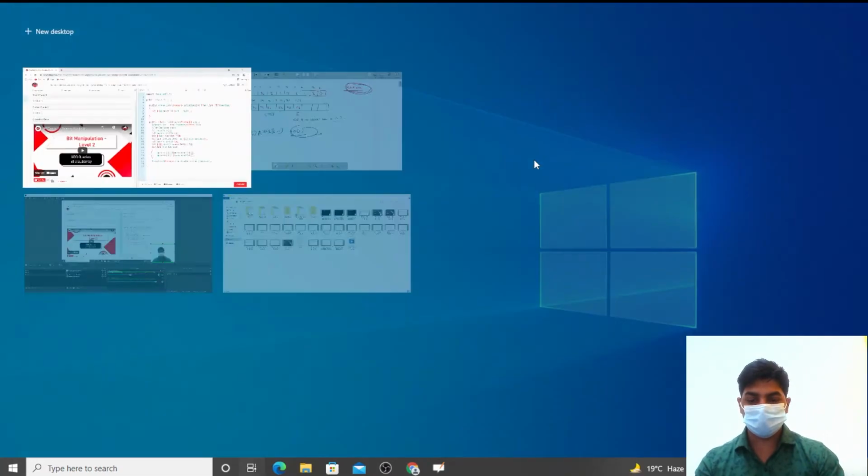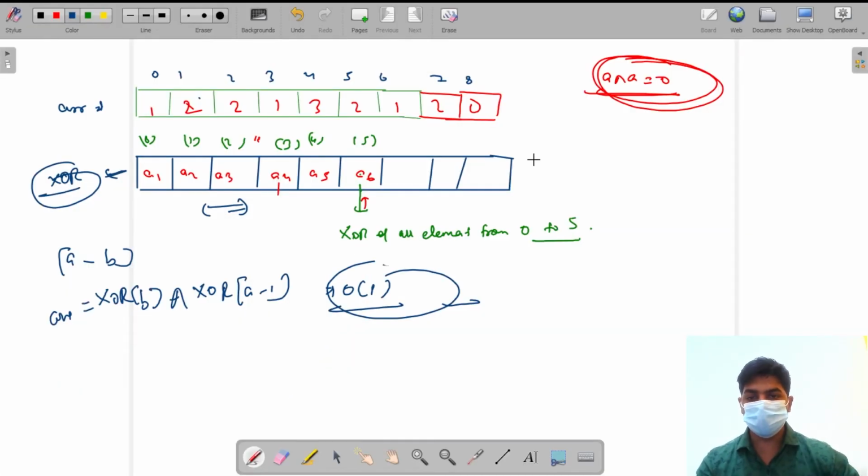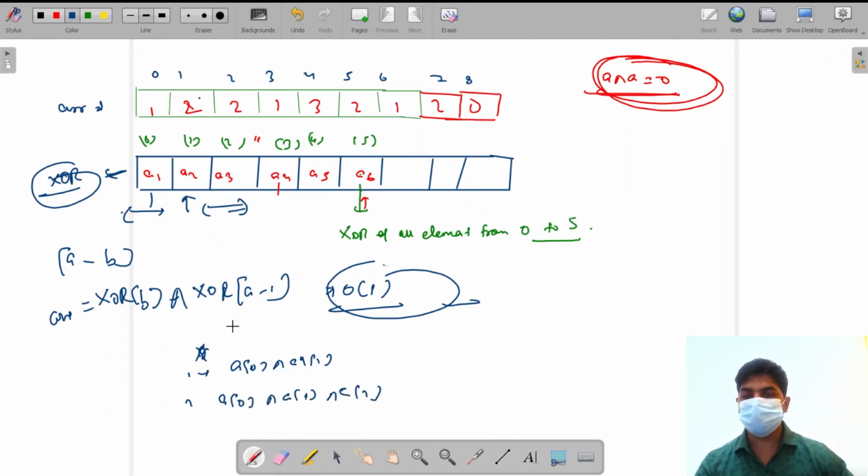Now we want to store, at each location, the XOR of all the elements from 0 to that location. For the 0th element the XOR is the same as the element itself. For the first element we store array of 0 XOR array of 1. For the second element, array of 0 XOR array of 1 XOR array of 2. There is no element before the 0th element, so for it we simply store array of 0.